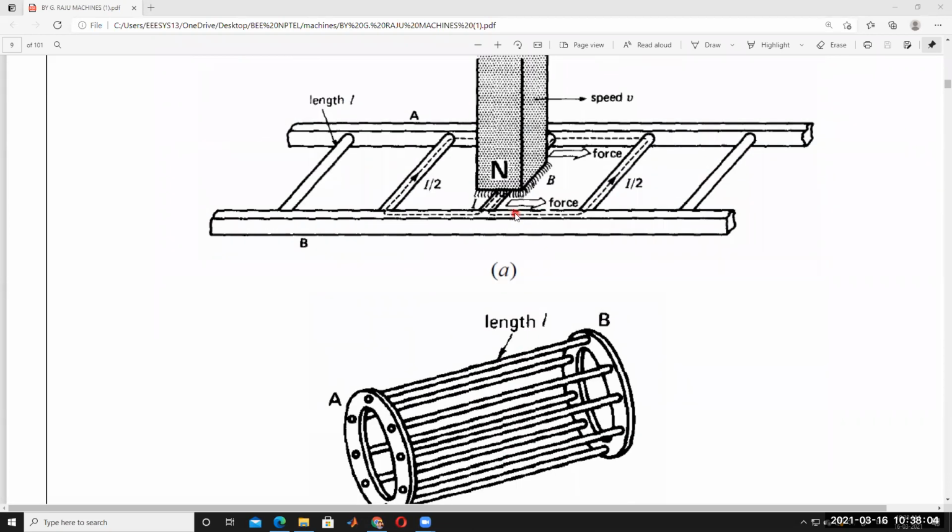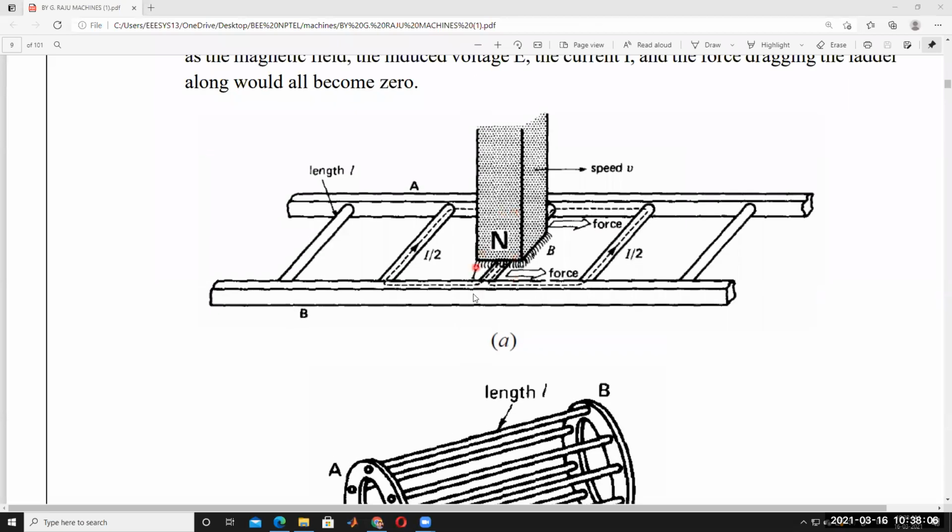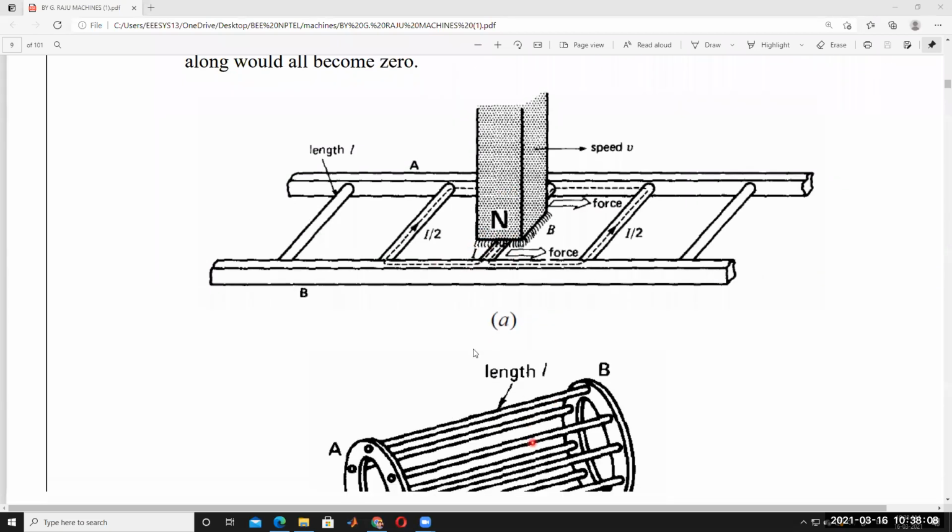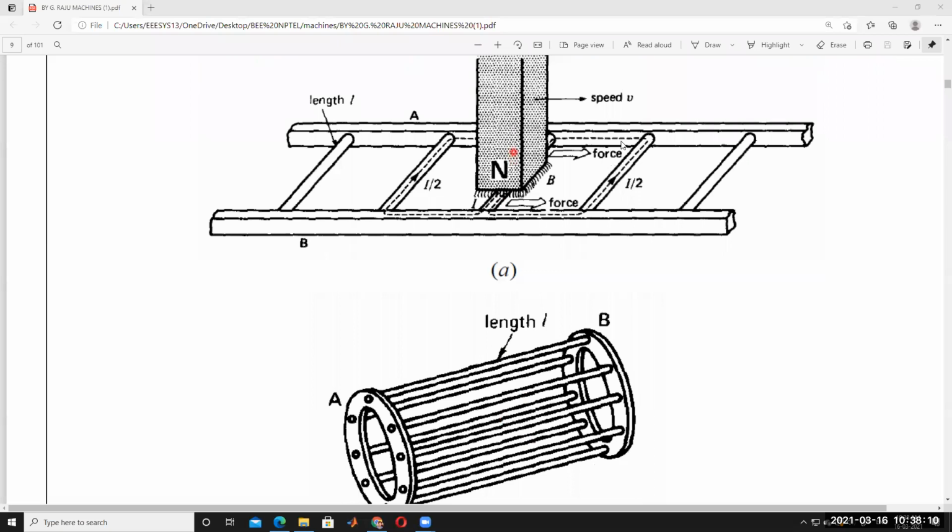It's clear, understood? Whenever the rotor speed and the stator rotating magnetic field are rotating at the same speed, the EMF induced in the rotor bar is equal to 0, current is 0, the force is 0, and then the speed reduces. And then whenever the speed is reducing, there is a relative speed between these two. Because of that, EMF is induced again, and it tries to rotate.